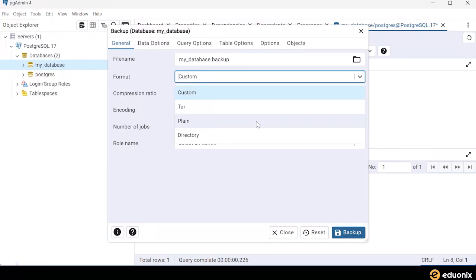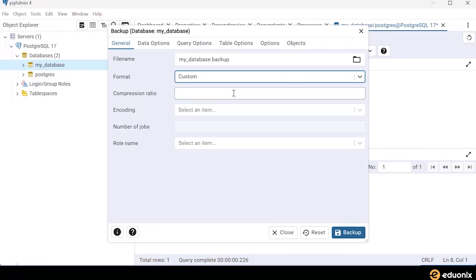When you go for directory, it stores the backup in a directory, which is an advanced option. And tar archives in tar format when you select the tar option. So I am choosing custom, which is recommended,